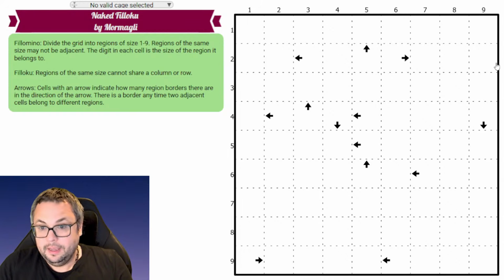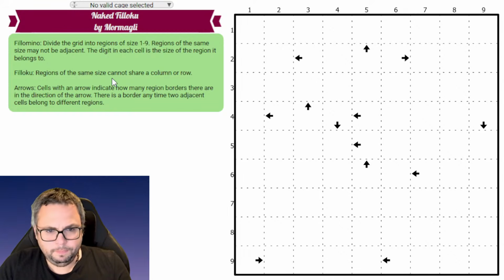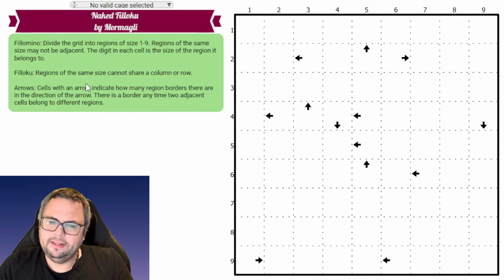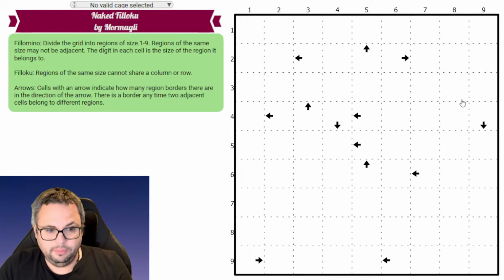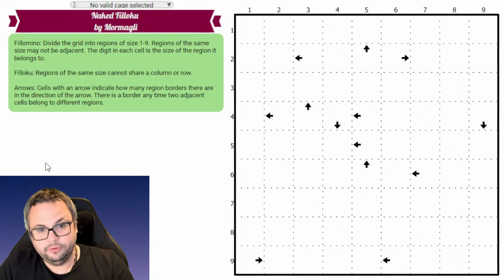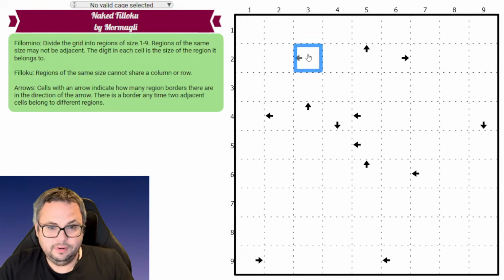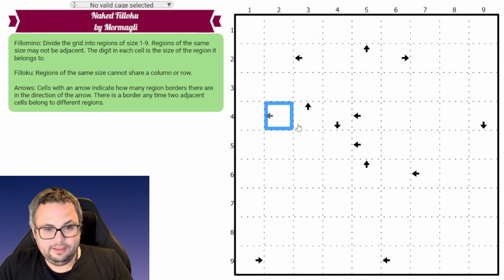a row or column. Also, cells with an arrow indicate how many region borders there are in the direction of that arrow. There is a border anytime two adjacent cells belong to different regions. So that sounds to me like actually we're not counting the edge as a border. We're only counting internal borders. So this seems to be a 1 by that